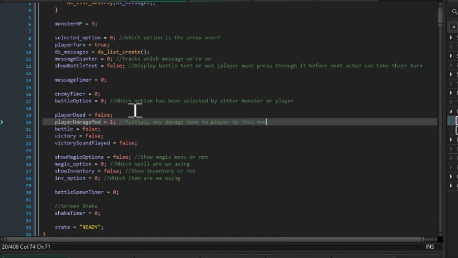Now this is going to be useful for enemy spells as well as defending spells or defensive posture, because if we're defending, then we can just set it to 0.5 and any damage is halved. Or if we get hit by a spell that does double damage for say 3 turns, then the damage mod can be 2. So we can use it for a wide variety of things. So player damage mod equals 1,